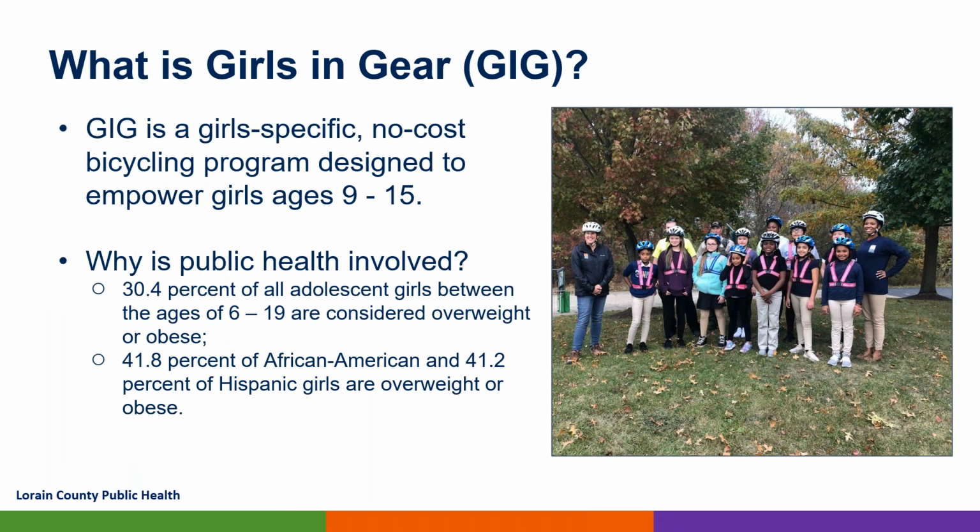So what is Girls in Gear? Girls in Gear is a free bicycle program that is for young girls ages 9 through 15. The goal is to engage adolescent girls in lower income neighborhoods between these ages to inspire these ladies by breaking down barriers. That way more girls will choose historically male-dominated fields of study. This program provides motivation for physical exercise through bike riding, and nutrition education, which will encourage girls to begin a pattern of healthy decision-making that will continue throughout their lives.